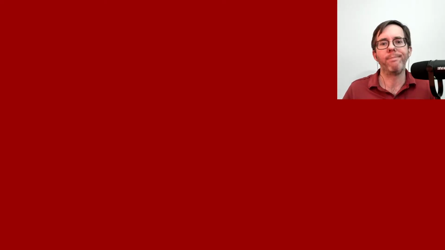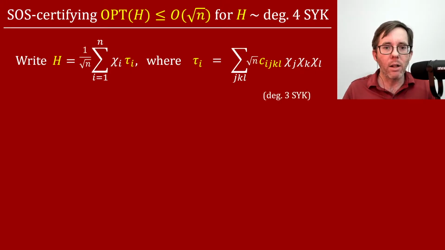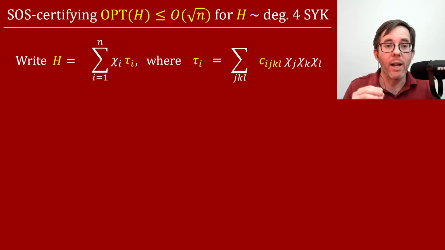Okay, so now I'll tell you about the upper bound and the lower bound. So let's start with the upper bound. So we're given as input a random degree 4 polynomial H, and we're going to collect its monomials into n groups depending on the index of the first chi. So I write it here as the sum over I from 1 to n of chi I times tau I,